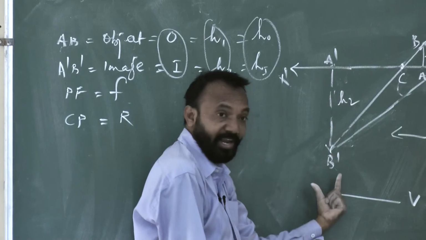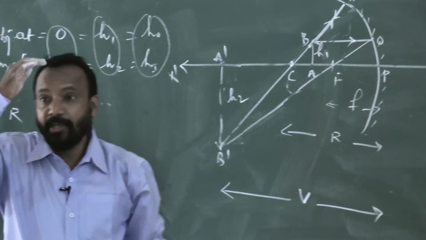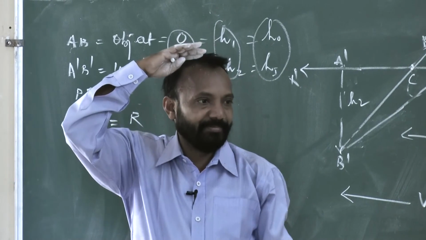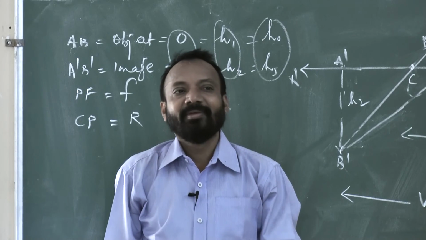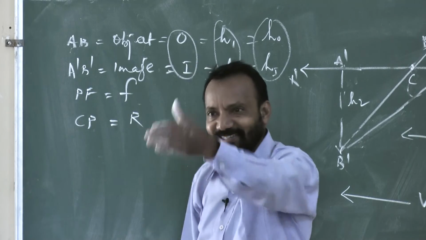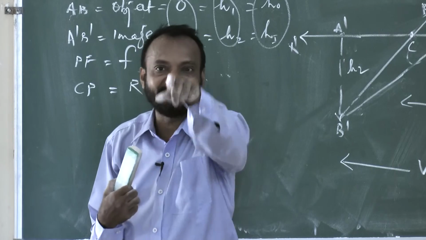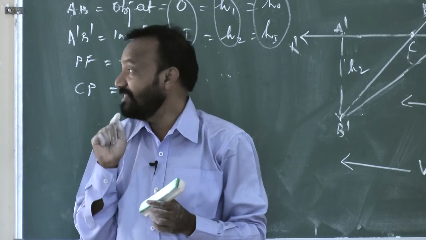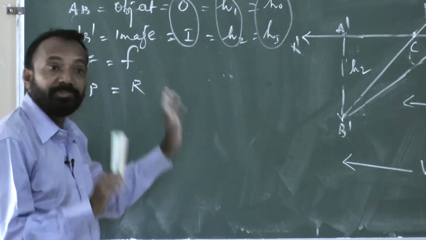Now the image is inverted. This is the size of the image, the height of the image. You are getting the size of the image. This much height, this is my height of the body. Distance means you to me. If I am the image, you are the mirror, you are the pole, then from you to me is the image distance. That image distance is V. What symbol? V. Remember?